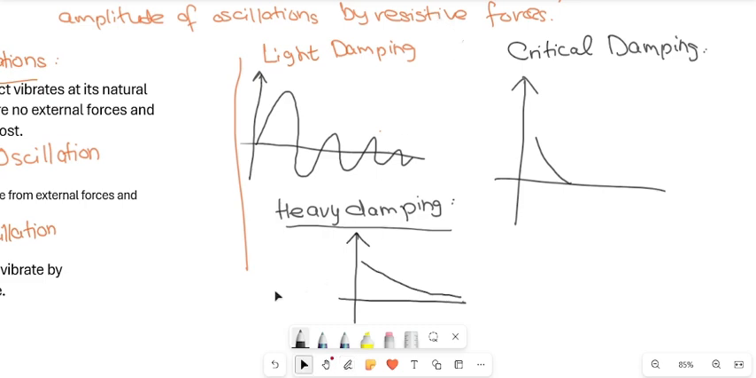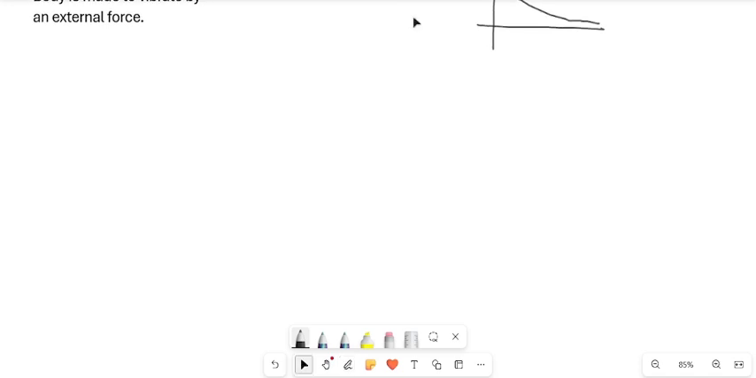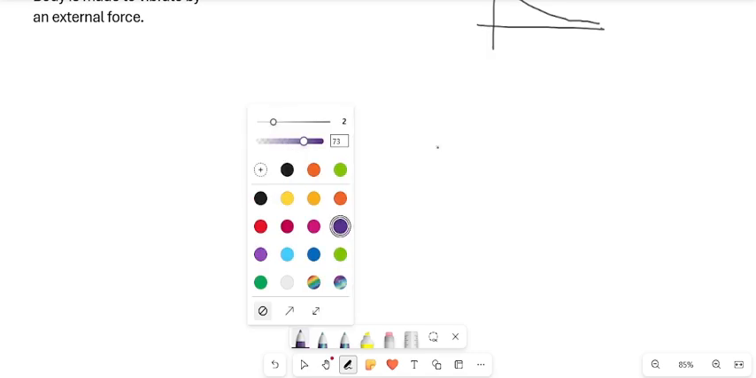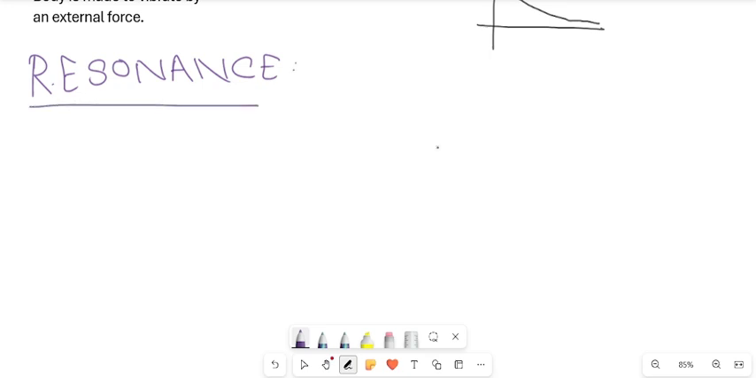Now, another part that comes, I would say, under damping is this. Resonance. Now, what do we mean by resonance? Let me first write the definition as it is mentioned in our syllabus. So the resonance, it's a phenomenon